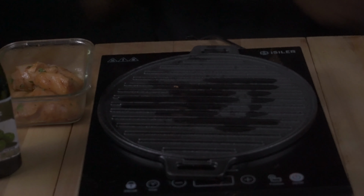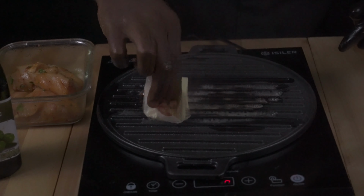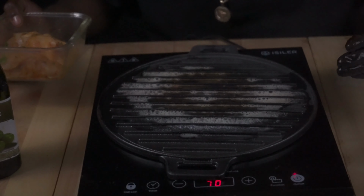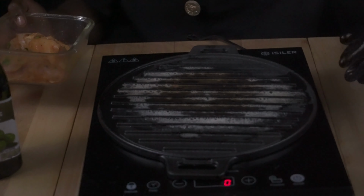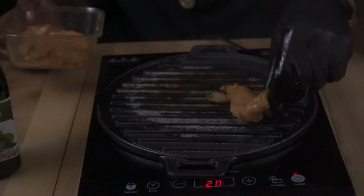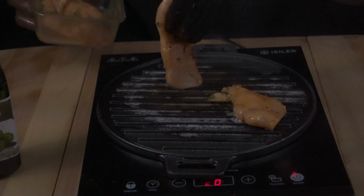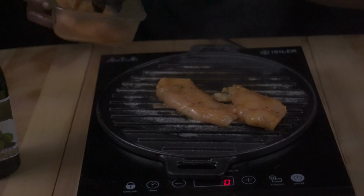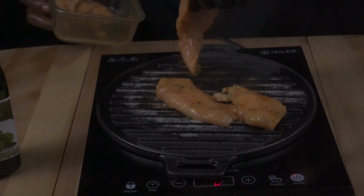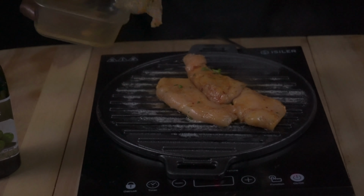I like to go with just a little bit of butter. And the reason why, folks, is why I'm using this little griddle here. It's gonna give us those marks that you see at the restaurant. So you wanna make sure your temp's super high, because you want those grill marks like at the restaurant on your chicken. So you wanna go diagonal,